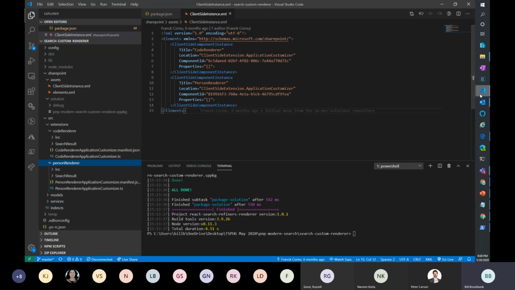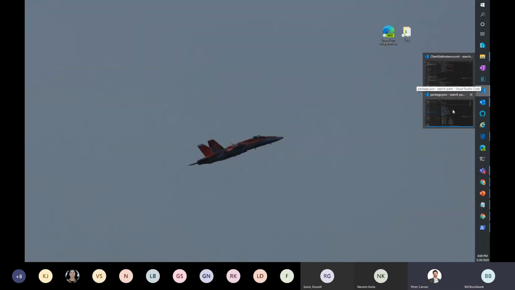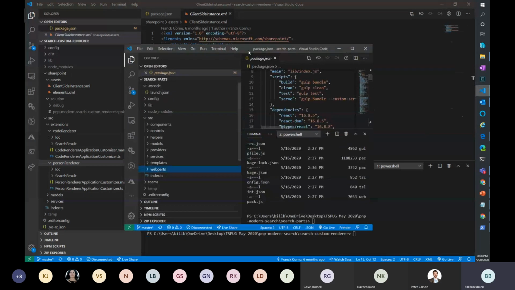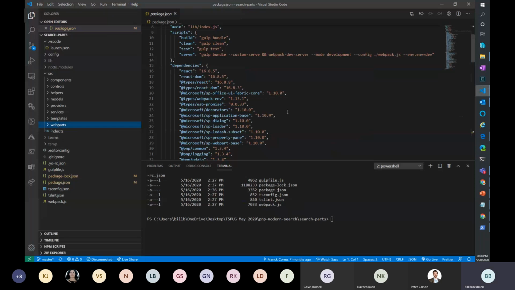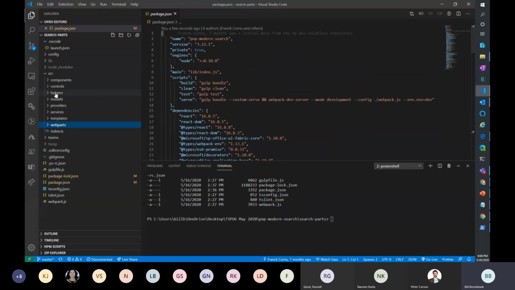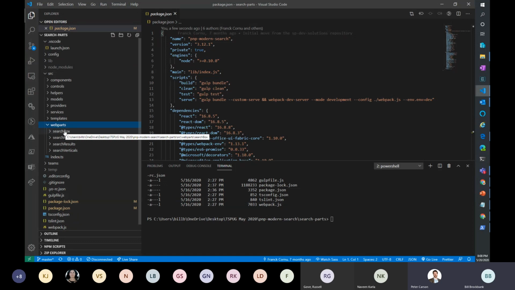Okay. The other project that is out there is the one, there's 4 of them. If you go to the source, you'll see it, is this one, which is the web parts, and I was just looking up the version. And if we go to source web parts, there we go. There's your 4 web parts. You have full access. It's all open source. If you feel what you're doing is interesting to everybody, you can go push it out as a pull request, and they can roll in your changes if you wanted to integrate something in that way.